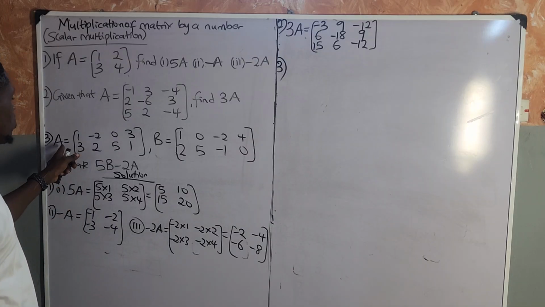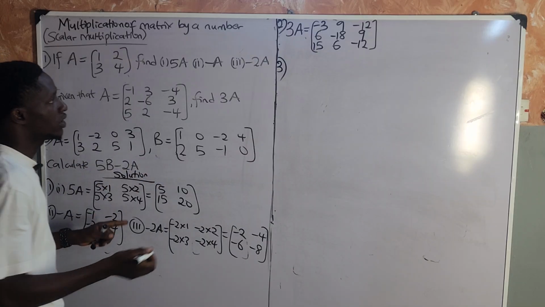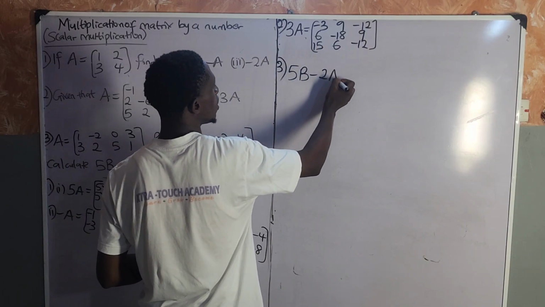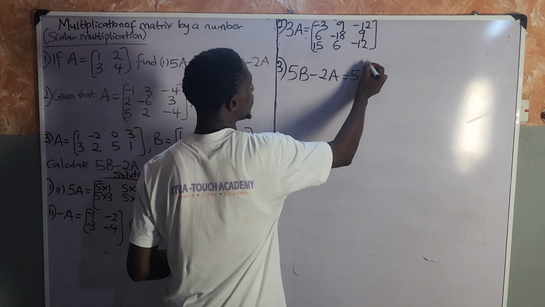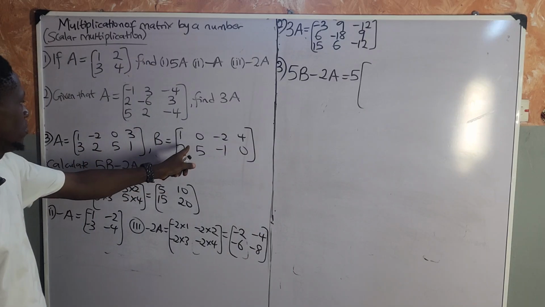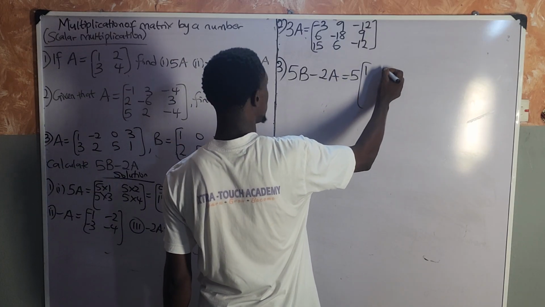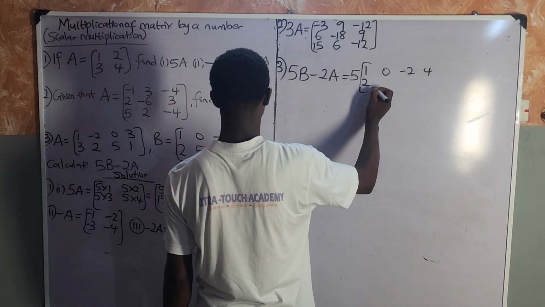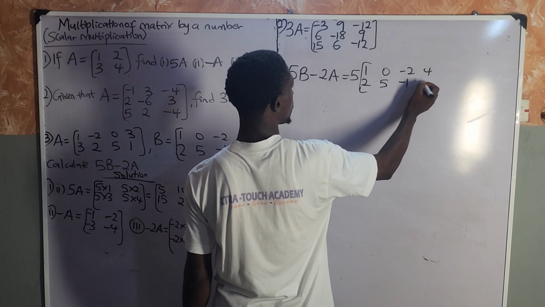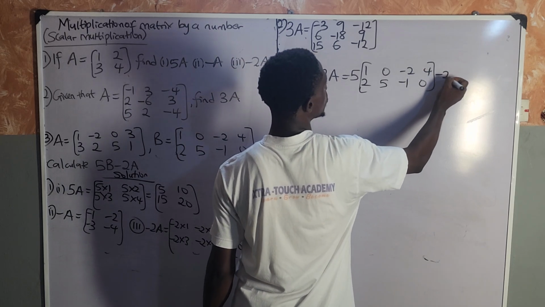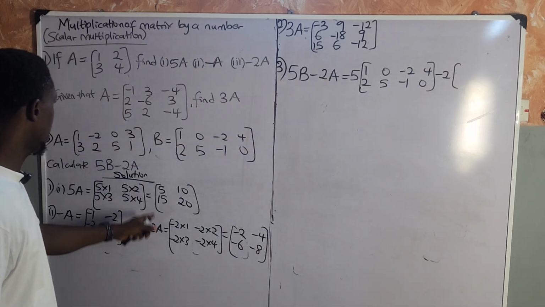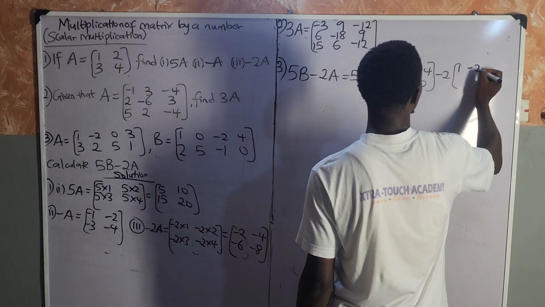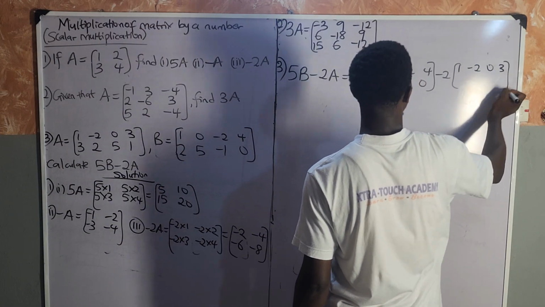First of all, we have matrix A and matrix B. So we have 5B minus 2A. We are using 5 to multiply all the elements in B. Let me write it here: 1, 0, minus 2, 4, 2, 5, minus 1, 0. Then minus 2 bracket. We are using minus 2 to multiply all the elements in matrix A, which is 1, minus 2, 0, 3,